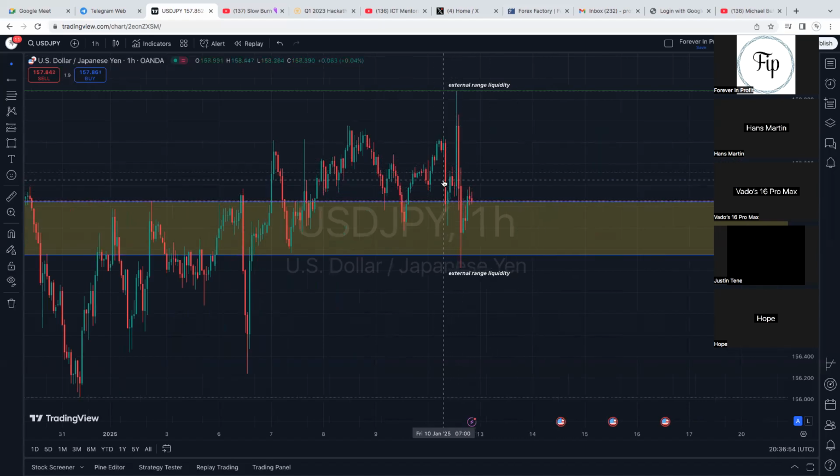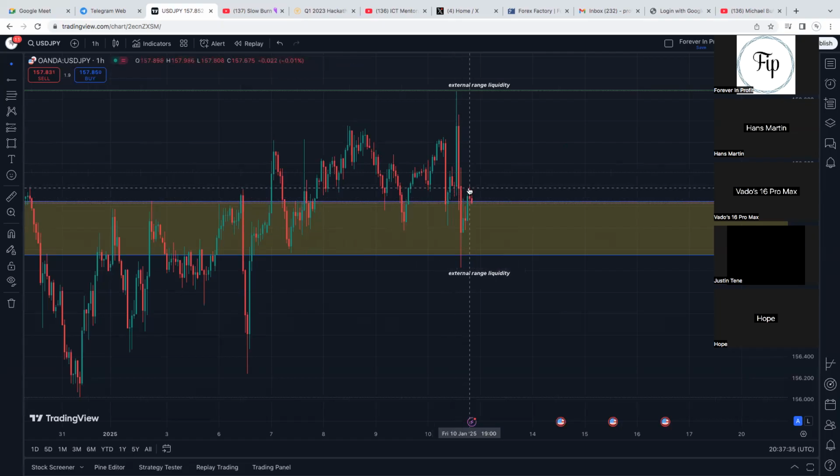It'll be a little bit complicated for you. I don't know if you already understand all of that, but listen keenly. The mitigation block here is this last bearish candlestick before this bullish movement. Now, this last bearish candlestick before this bullish candle was automatically a bullish order block. But now, since the market sold and violated this bullish order block and came back to seek sell side liquidity, building more sell momentum, this bullish order block becomes the mitigation block, because look at what happened. When price comes back and sits into that area, price rejects automatically, which means the banks are mitigating their losses. So what the bank do is